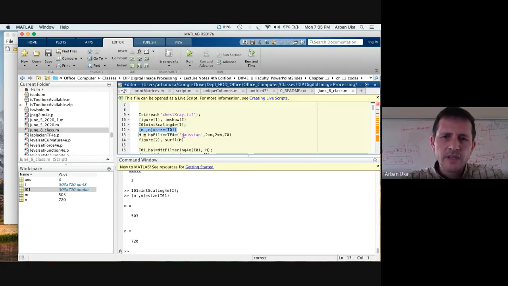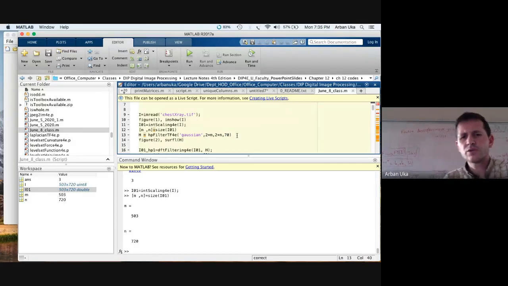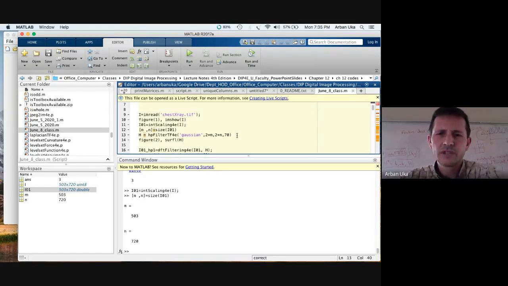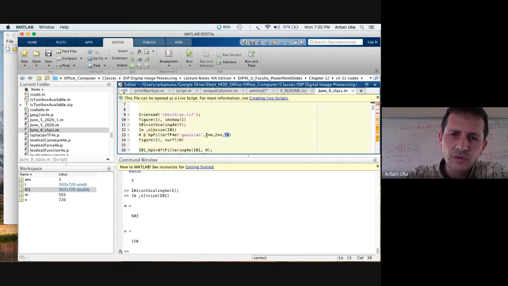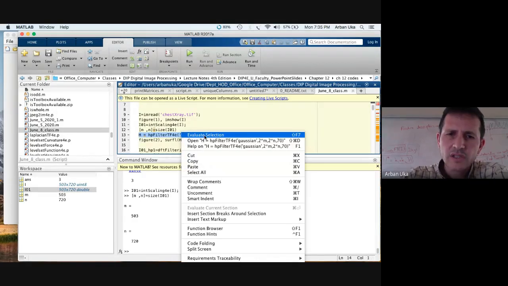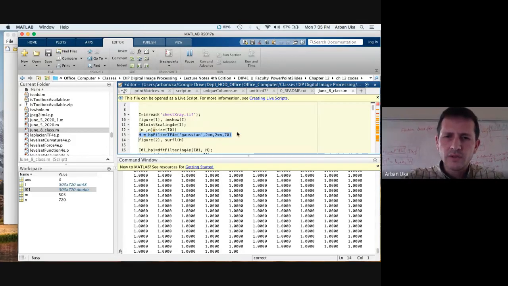And now, let's try to construct a filter, but since we want to use padding, we want to construct a filter which is twice the size of the image. So if the image was 503 by 720, we want to produce a filter which is double in size, and this 70 is a parameter of the Gaussian filter, which is the width of the Gaussian filter. If you change the 70 to some other values, you're going to get some other parameters. So let's construct this filter. If you want to see how this filter looks like,